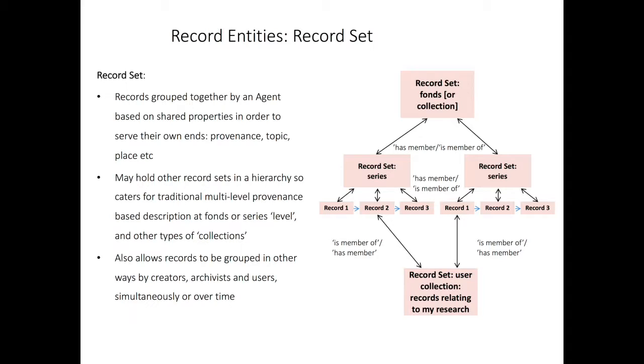Many of us have collections of material that were brought together based on criteria such as topic or place, rather than provenance, for example. Increasingly, though, as we are hearing a great deal, of course, at this Congress, records are created in electronic environments, where they may be arranged and rearranged to suit the needs of their creators. Users of archives also group records in ways which suit them, their interests, their contexts. The point being, then, that a record at any point in time may belong to many groups, not simply those defined by a single hierarchical arrangement.